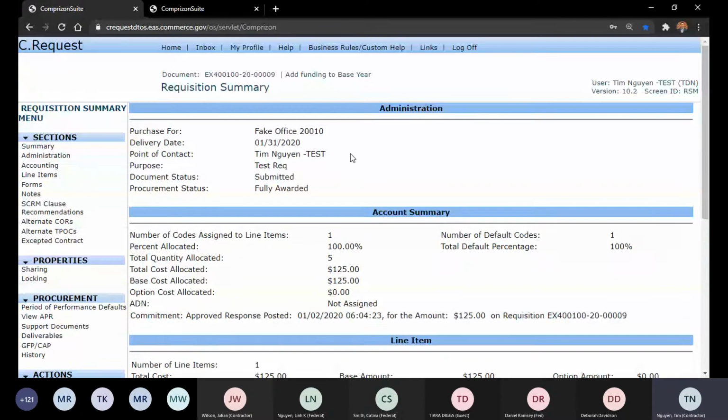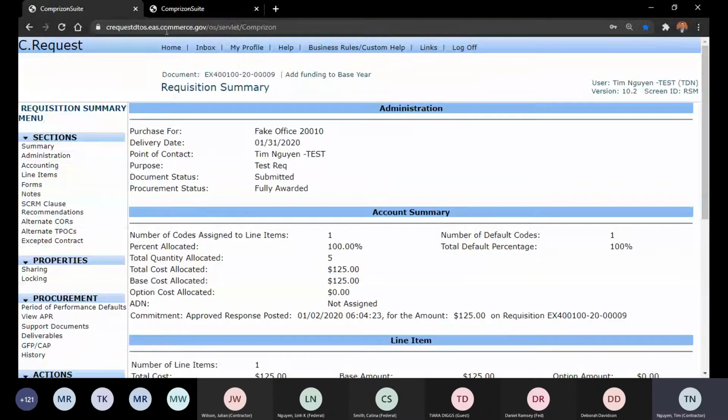So there's nothing in here that looks necessarily any different than a requisition that you would own, except the fact that you can't make any edits. Now, let me paint a scenario here. Let's say that you're trying to submit a requisition for an existing contract that has base plus 5 options, let's say. And now we're in option year 2, and we're getting ready to fund and exercise that